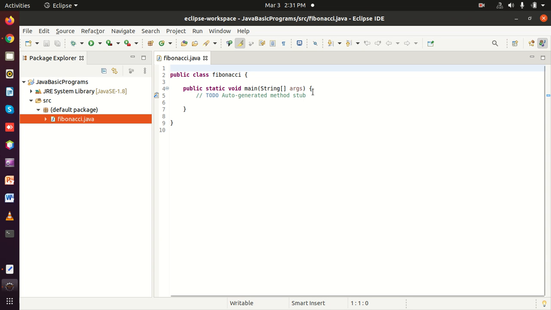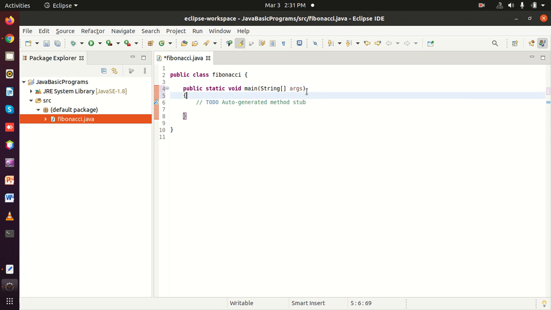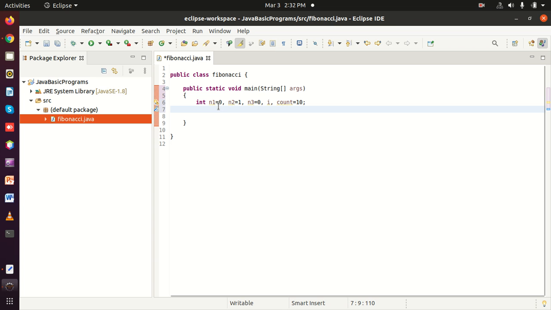For that I will declare some variables here. I have taken variable n1 equal to 0 for the first number, n2 equal to 1 for the second number, n3 equal to 0.